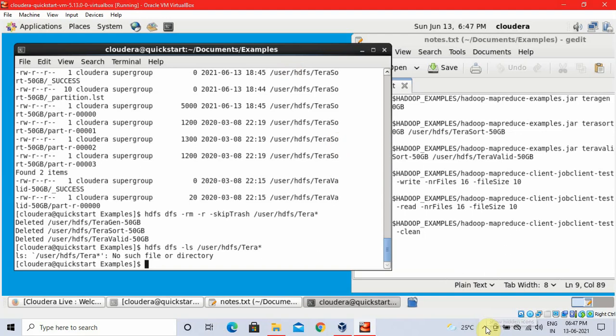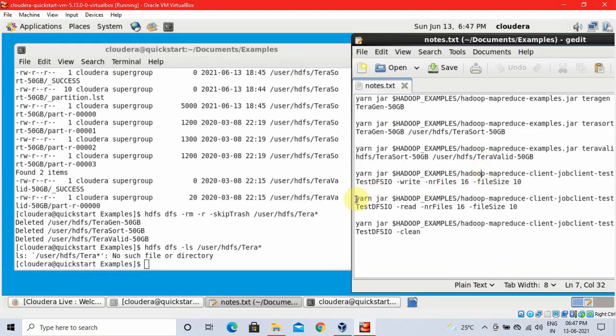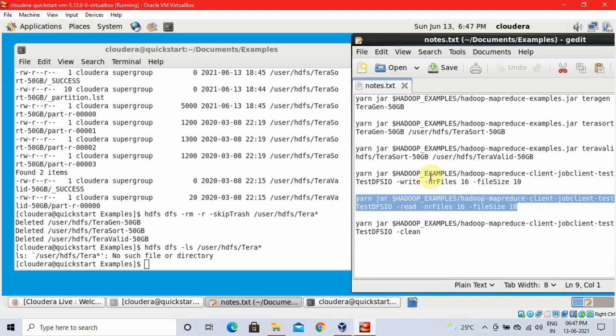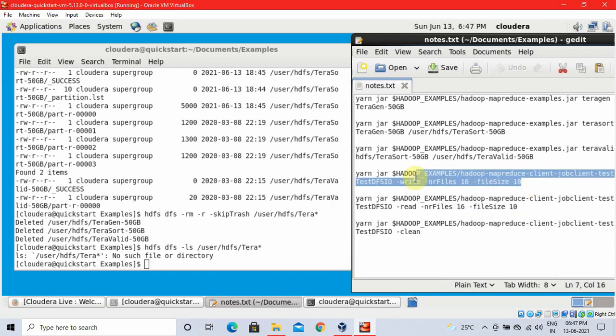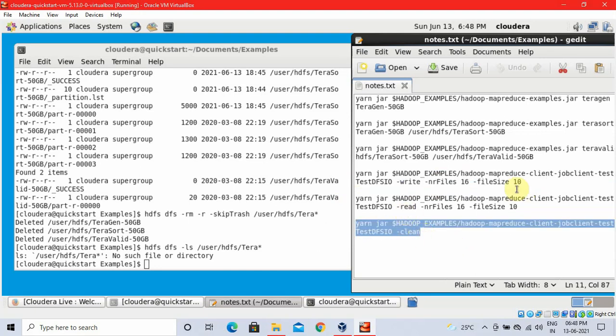Next is the TestDFSIO benchmark. This is also the same as the previous one, another type of benchmark. First, you need to run TestDFSIO in write mode and create the data. For that, whatever commands are there in the textbook, you need to type them,